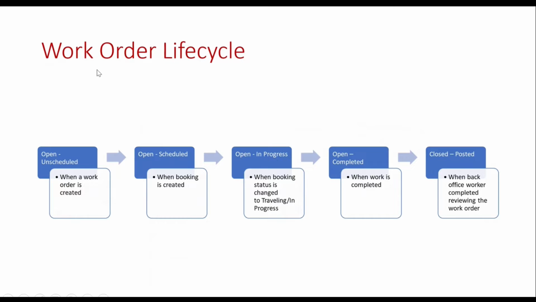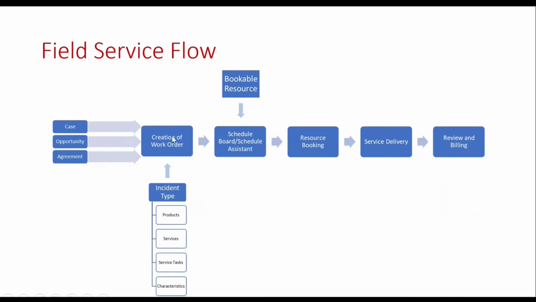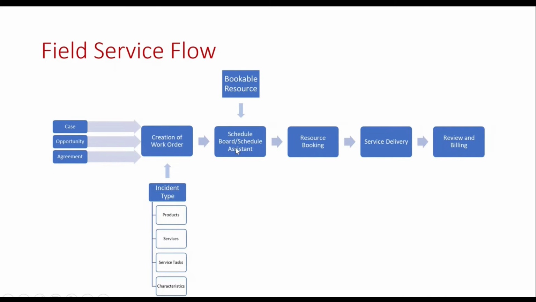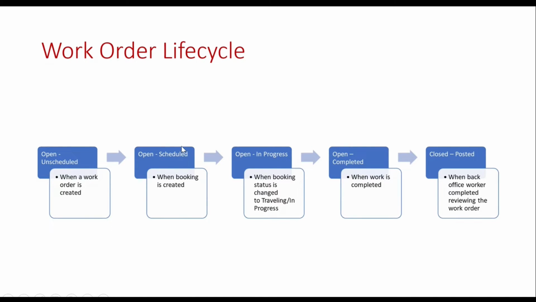And this is how the work order life cycle will be. Initially, once the work order is created, it will be in unscheduled status. So after creation, it will be in unscheduled status. Once we schedule this work order using the schedule board, once this work order is assigned to any resource, then the status of this work order will be changed to